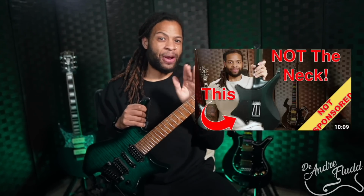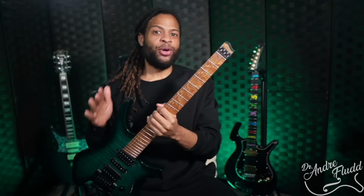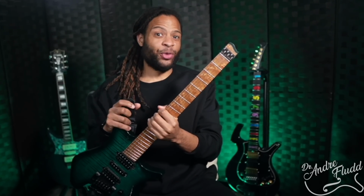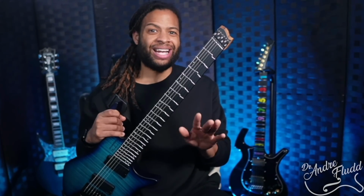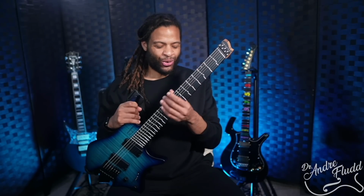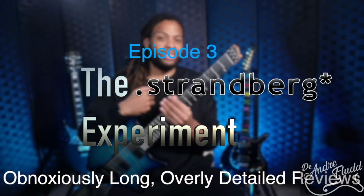In the previous episode of the Strandberg experiment, I spent 15 minutes raving about the comfort and ergonomics of my 2019 Strandberg Fusion 6 neck drill. In fact, I've been enjoying this guitar so much that I impulse bought this Strandberg NX7 True Temperament. And I'm disappointed. So in episode 3 of the Strandberg experiment, I'm going to give you my initial impressions of